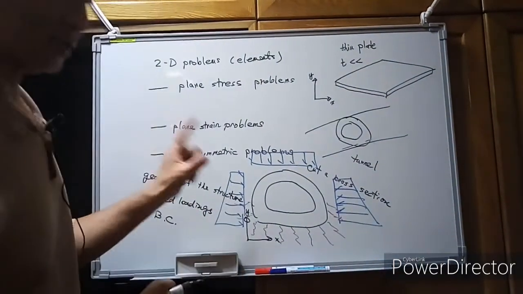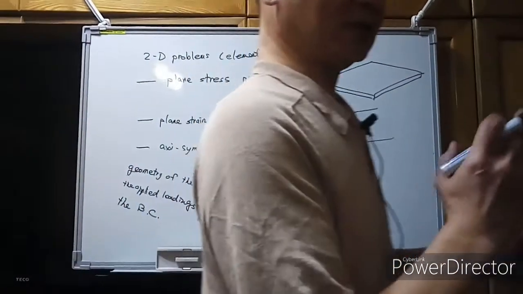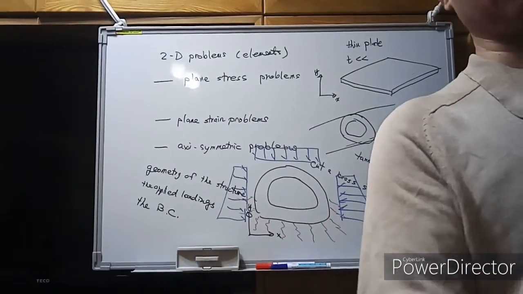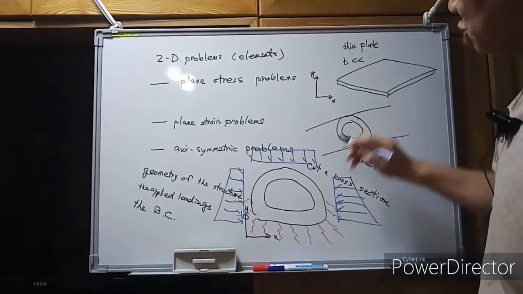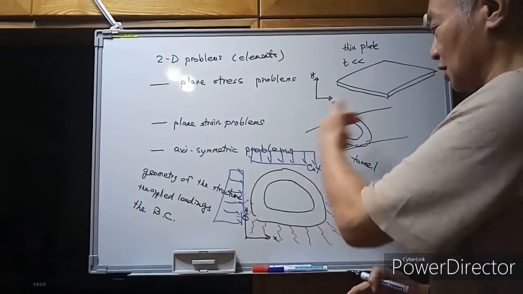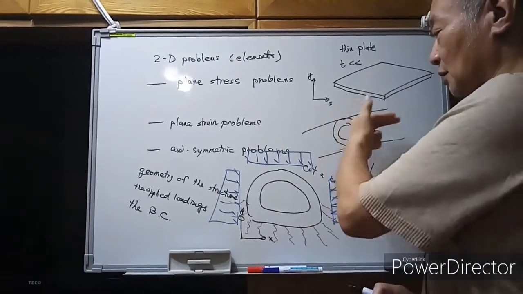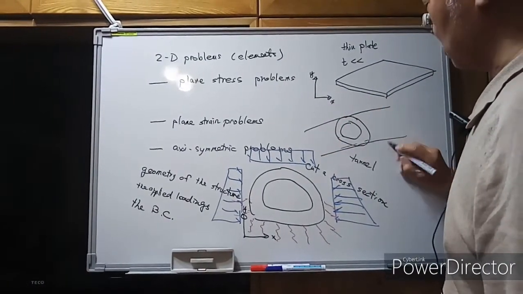Remember, the XY plane is defined on the cross section. The XY plane means the plane of the cross section, and we have the Z direction, which is the axial direction of the tunnel. Okay, the dimension along the Z direction